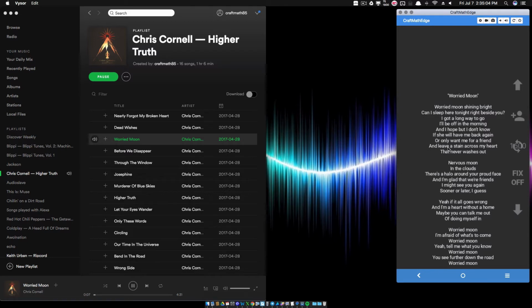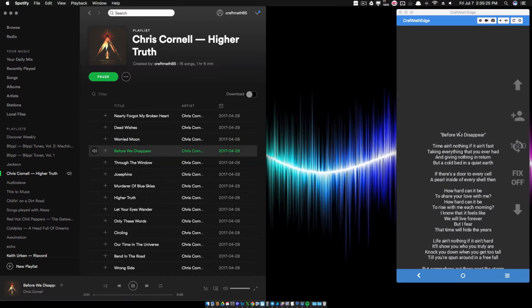And this is the same component, except I've made a few modifications. Right now, I have it straight up pulling from azlyrics.com. So everything's matching up perfectly for me to get these lyrics. But I have two new buttons here. I have a fix, and it's set to off right now. And then I have this little plus thing where I can manually edit the song title. Now let me just go through a few more of these over here. That's loading up just fine.